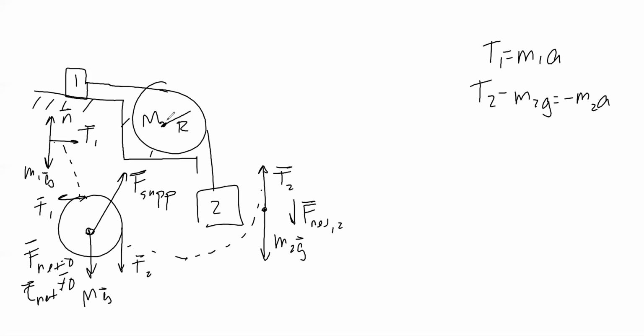Now, how many equations describe the dynamics of the pulley? There's technically 3. There are the net forces, and if we had to find the support force, we'd certainly include that. But once again, the net forces aren't relevant to this problem. All that matters is the torque. And so if we look at this wheel here, in keeping with the standard XY coordinate system, you have